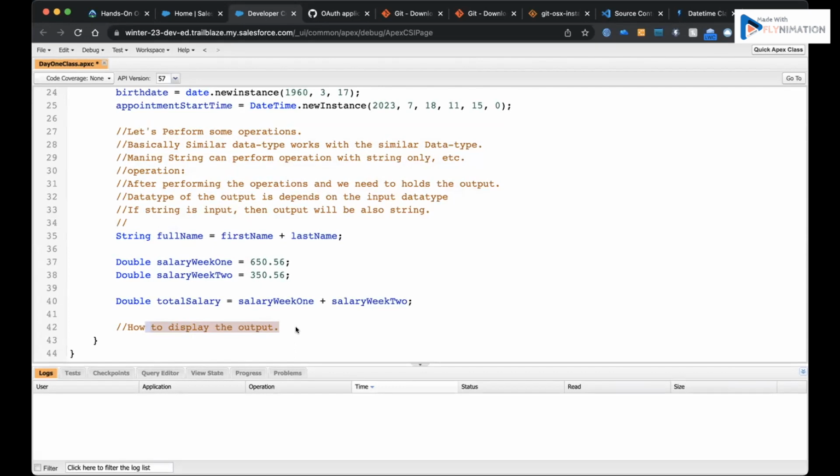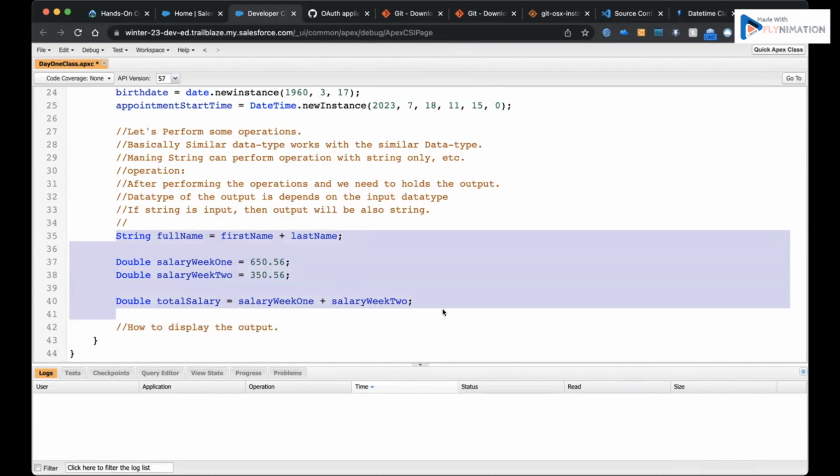That's the only thing. And our major focus is on how to perform operations. That is why we get hired, to write logic to perform operations and display the output. Right now we are not using an LWC component to display the output. We are using the standard developer console editor to see the output, and for that we are using